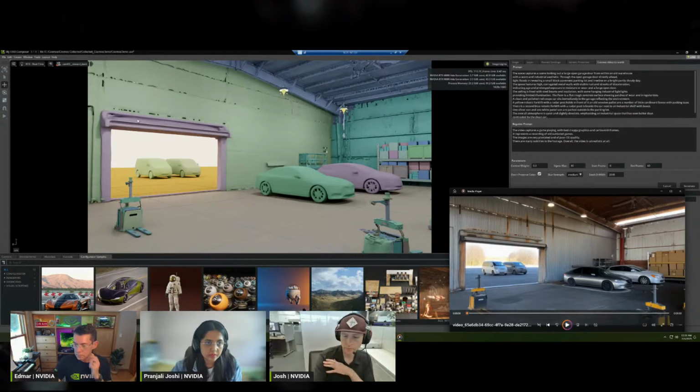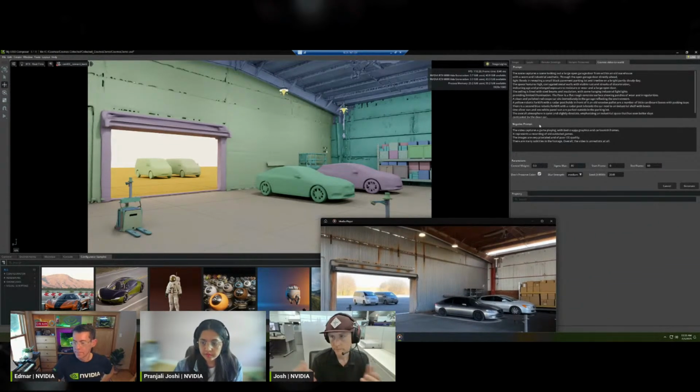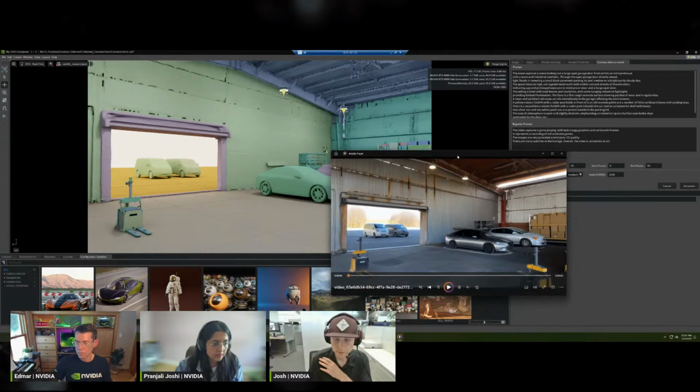And so we've got this viewport, like I spoke, and over here on the right, you'll see a description of our prompt, where we've generally given the direction to Cosmos of how we'd like to see this abstract render interpreted and inferenced into a realistic result. It talks about things such as the scene captures a large open garage door from within an old warehouse with a worn and industrial aesthetic. Then it goes on to describe the various elements that we have in the scene, because that's what we're looking to see distilled back.